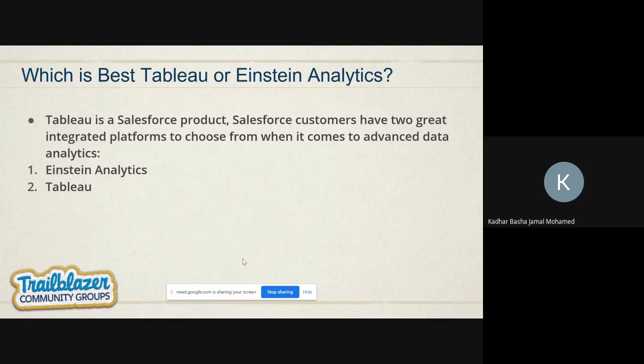Tableau is a Salesforce product, and Salesforce customers have two great integrated platforms to choose from when it comes to advanced data analytics. Tableau is not inside of Salesforce, but it is like a Salesforce product, not yet developed into the Salesforce org.